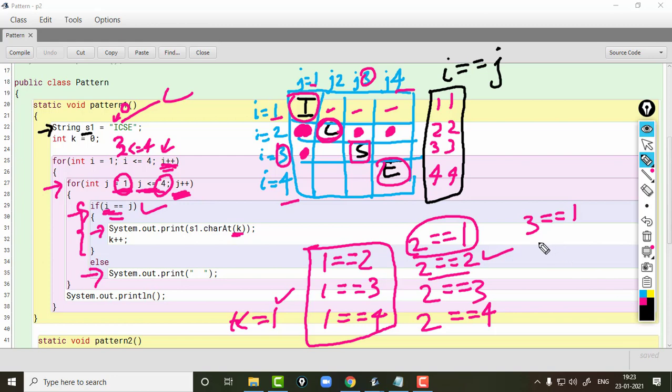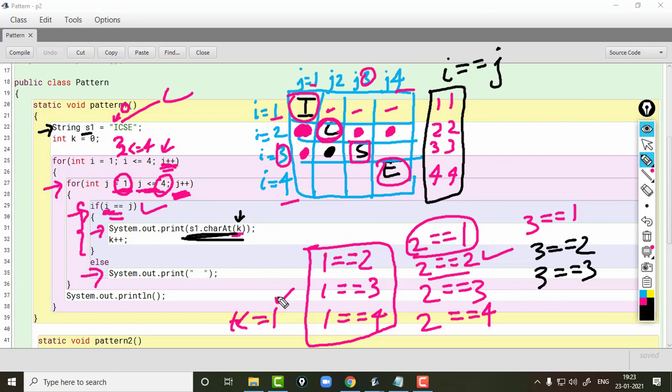Then the next condition is 3 equals 2, this is also false, another space is printed here. 3 equals 3, this time the condition is true, control comes inside and s1.charAt(2).